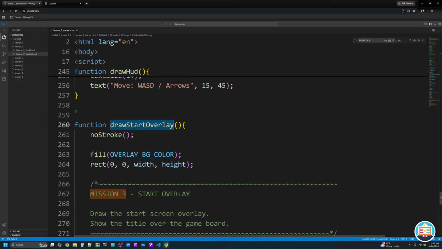And so let's look at this function called draw start overlay. What are we doing? Well, we're saying no stroke, which means give me an invisible marker so you're not going to see my outline. And then we're calling fill. And so we're putting paint in our paint bucket with our overlay background color. And look at the overlay background color's value,